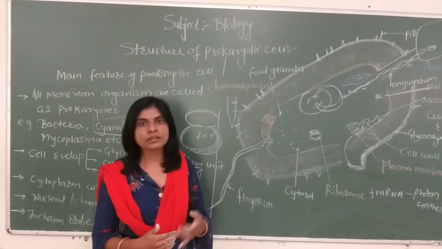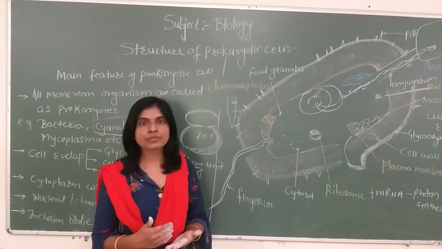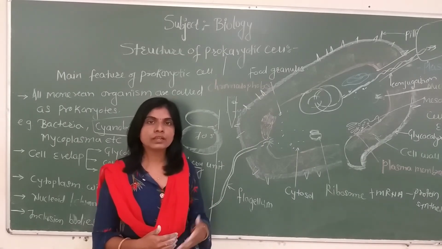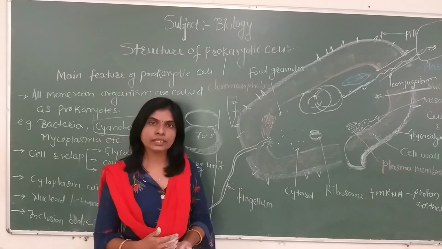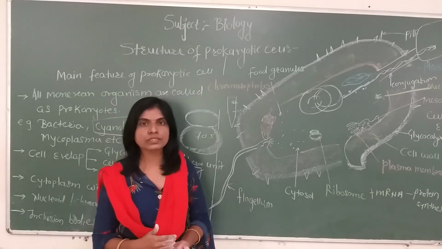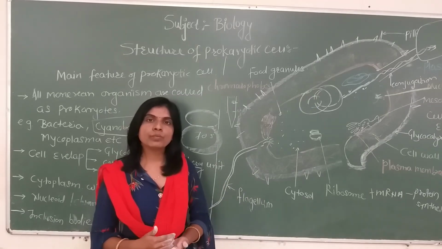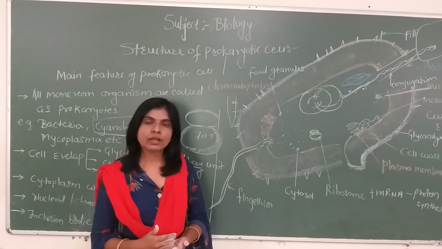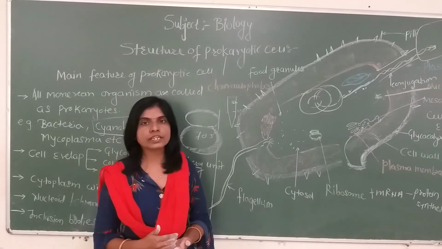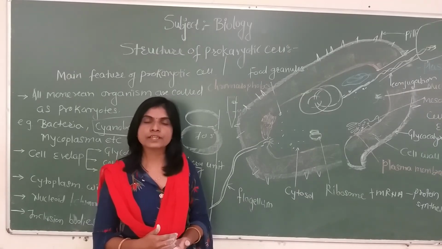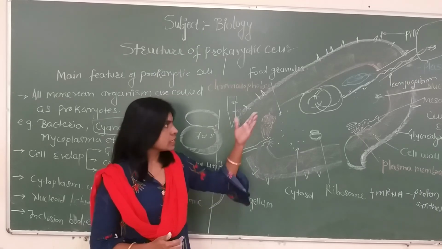So in this manner, prokaryotic bacteria have a very simple structural organization. They have their own genetic material, and only one type of organelle, that is the ribosome, concerned with protein synthesis. Along with this, they have the extra genetic material called plasmid. Naturally found plasmids are of three types: R plasmid, whole plasmid, or they are called episome or